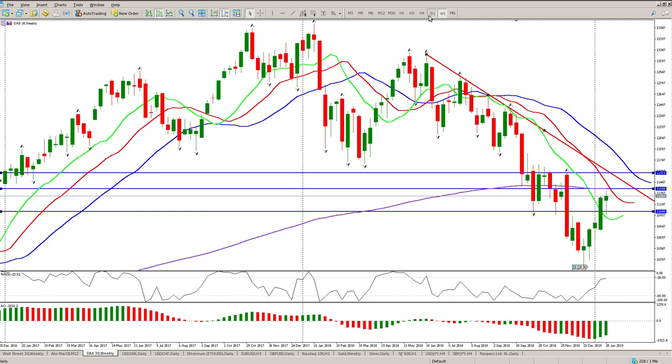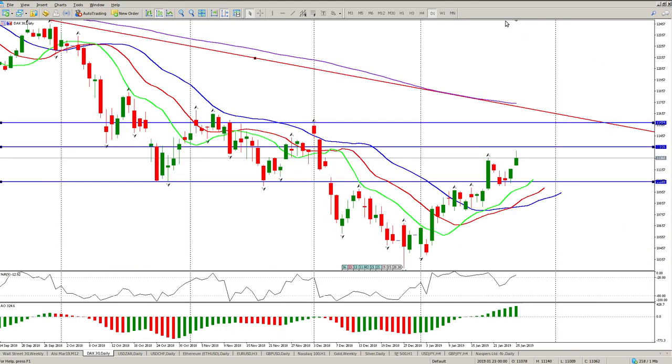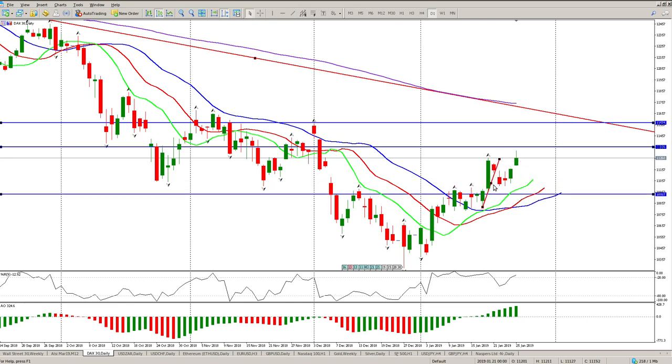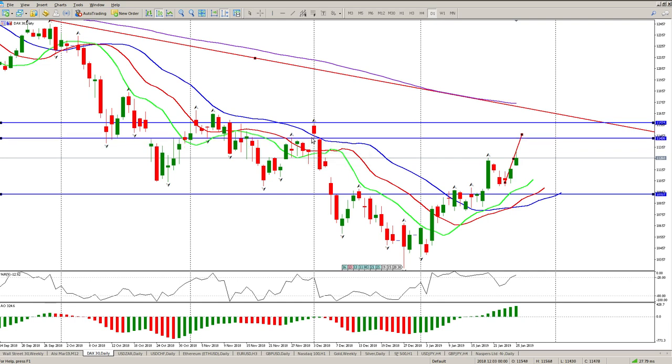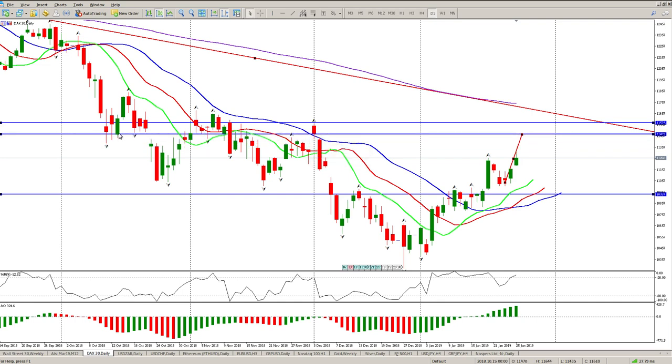Okay, so let's just get to the daily and have a look what we've got there. So we've headed up with one of two things. It's either a potential double top that's forming, or we're looking for a second move. Now, let's first look for the second move, which is pretty much going to be this here, which basically brings us all the way back up to this gap close. Okay, so second move up to there,